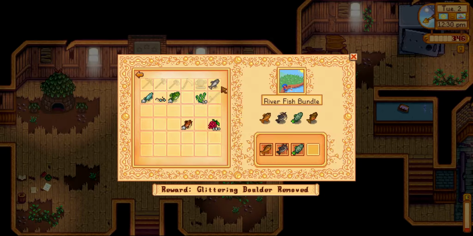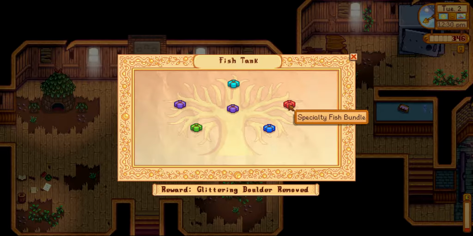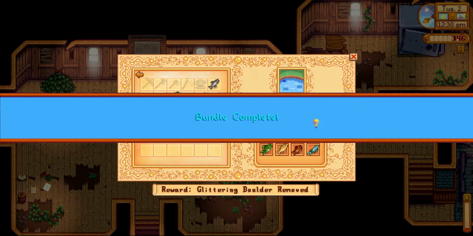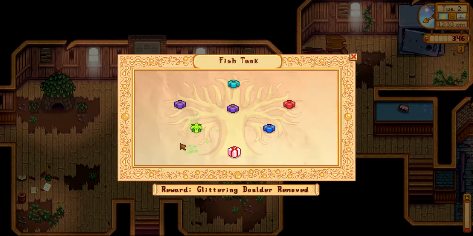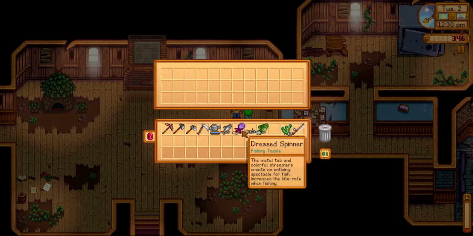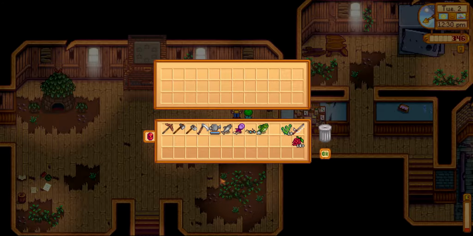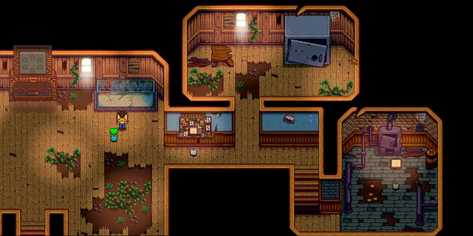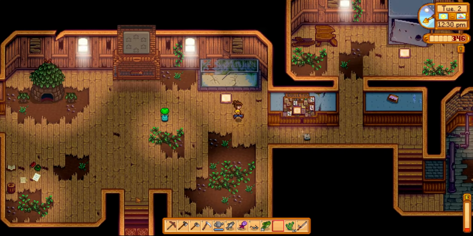Alright, we're gonna put... No, not riverfish. Lakefish. Last one I checked. Bullhead and sturgeon. And I'm gonna take that off my list over here. And for that we get a spinner. The metal tabs and colorful streamers create an enticing spectacle for fish, increases the bite rate when fishing. Well, that sounds lovely. We don't currently have a rod that will...